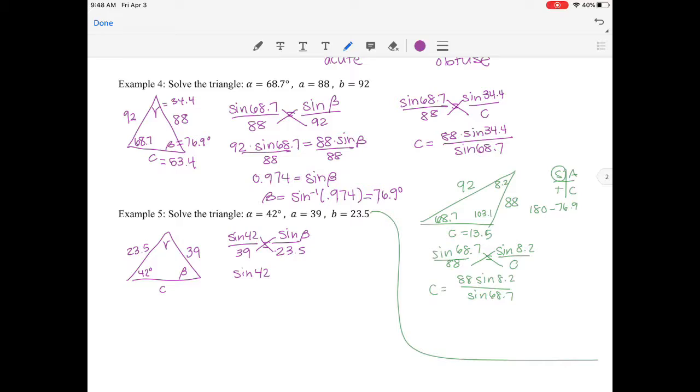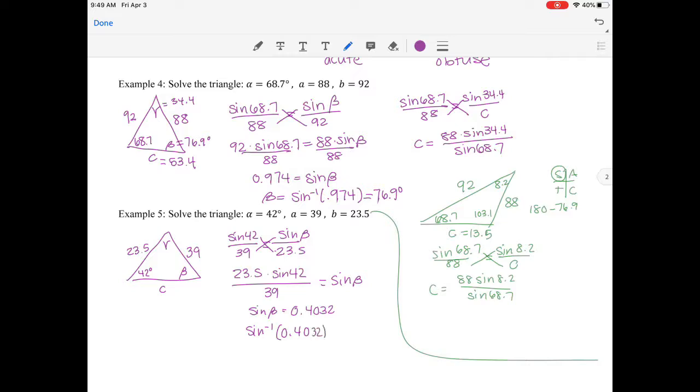So cross multiply, and you'll end up with sine of 42. Actually, I'm going to put the 23.5 up front. So 23.5 times sine of 42, because you're just less likely to make mistakes in your calculator when you have it written that way, equals 39 times sine of beta. So divide both sides by 39, and we get sine of beta. So let's evaluate that on the right. 23.5 sine of 42 divided by 39 gives you sine of beta equals